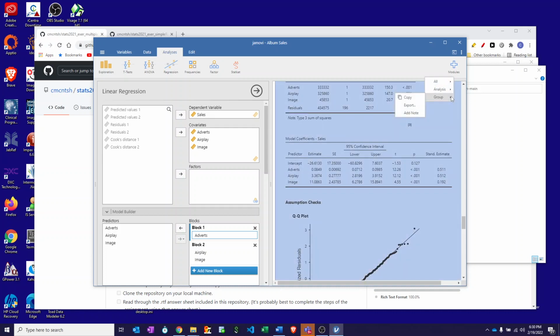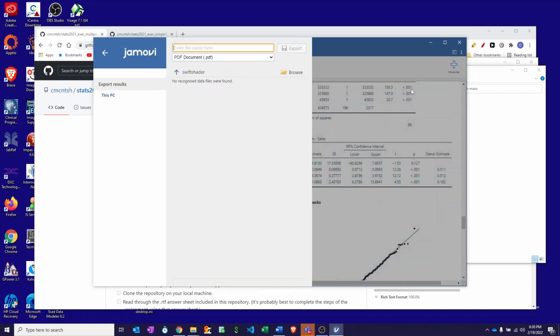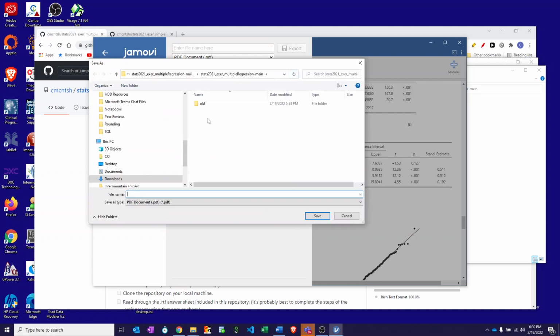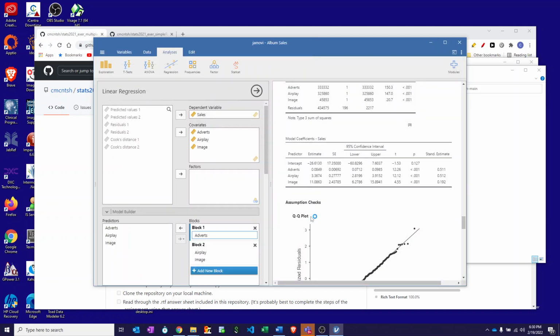If we right click in the output and go to all and export, and we can go to browse again and make sure that we're in the right folder, and we can say week 8 output and save that. All right, that is the Jamovi part of our assignment,